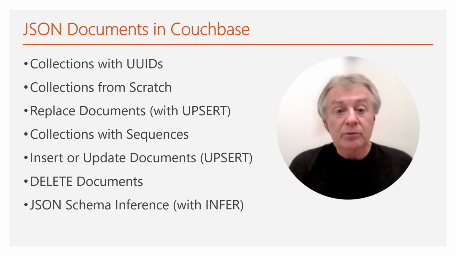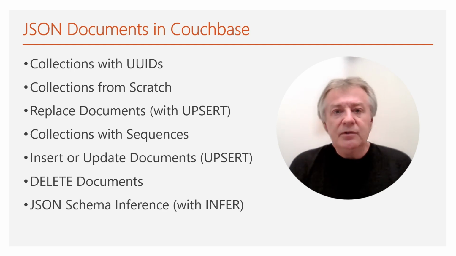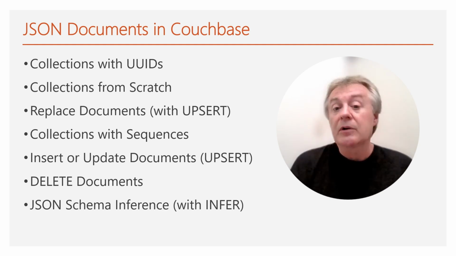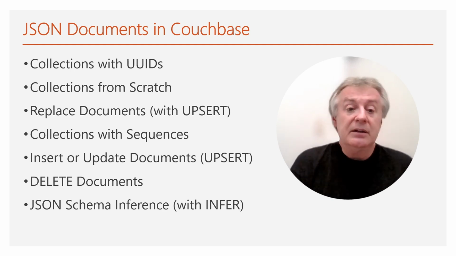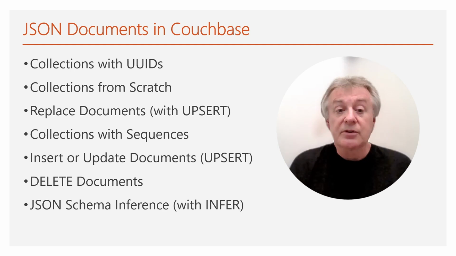And we'll start with collection using UUIDs. Why this? Because you'll see that basically Couchbase is also a key value store. When you store a document, no matter how large or small this document is, you'll have to assign a unique key to this document in what they call a collection. This key could be provided manually, and we'll do this in the second, collections from scratch. But you can provide automatically generated unique identifiers with a function UUID.